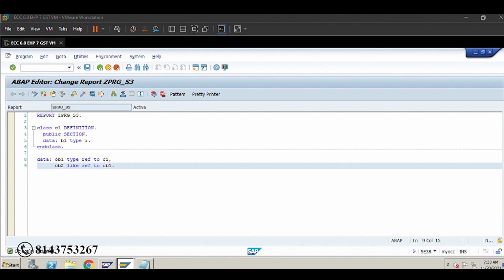Either we call it using SYST or SY. So it is SY-DATUM. That means it holds the current system date. So next one is SY-UZEIT.